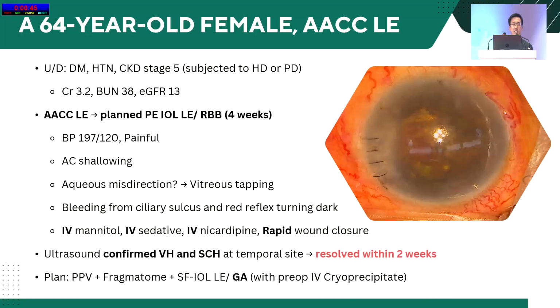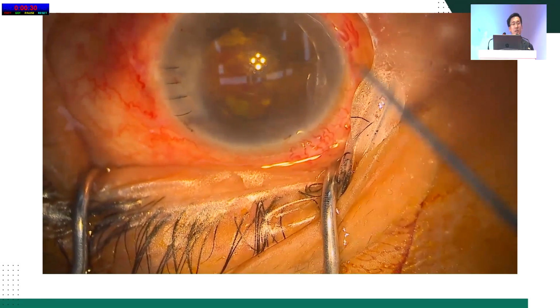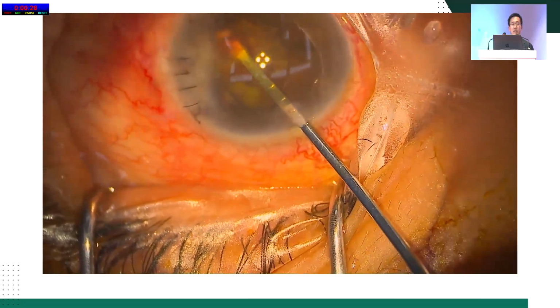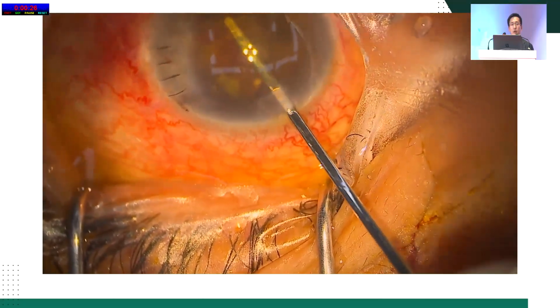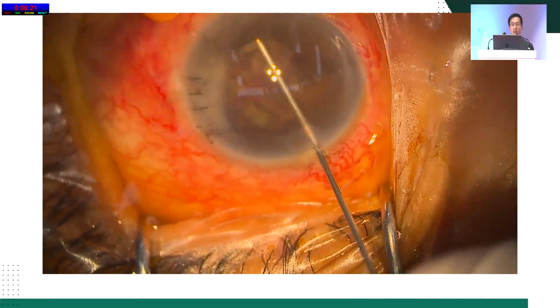As you can see, the lens is still there, and I did the scleral fixation under GA to not create more pain for this patient, and gave IV cryoprecipitate pre-op. As you can see in the video here, sometimes it may look great because the suprachoroidal hemorrhage is already gone. But after I dig in,